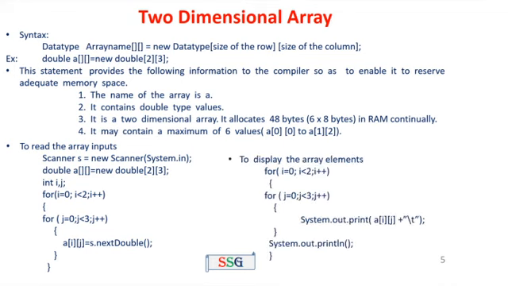The next one, display the array elements. The same two for loops. For displaying the array elements in the matrix format, inside the inner for loop we have to use the command System.out.print. Then for the outer for loop we have to use the command System.out.println. The System.out.print command prints all the column elements with a tab. The tab is used for giving the space between the variables.